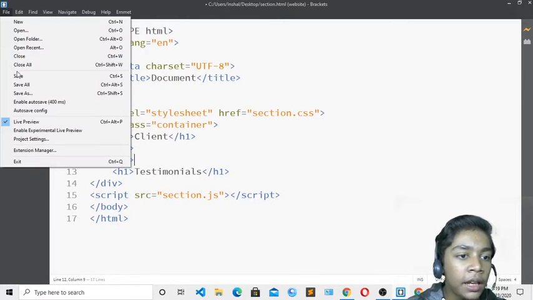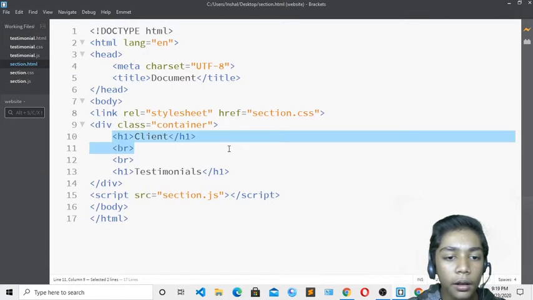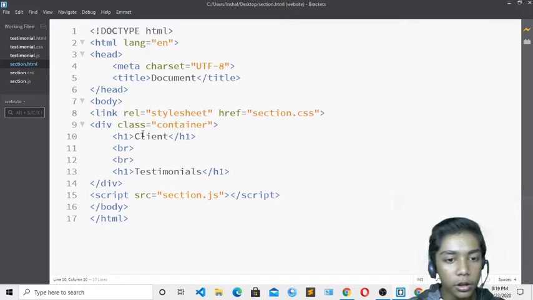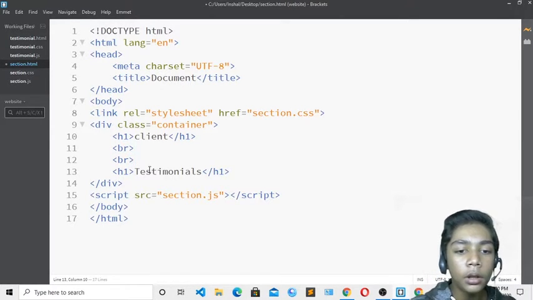The spelling was incorrect, so now it is good. So over here I will just save, and now it is done. Now here you have to do one thing. We have written client, and then we have also written our testimonials, so the c should be small over here. Now the HTML has been done.